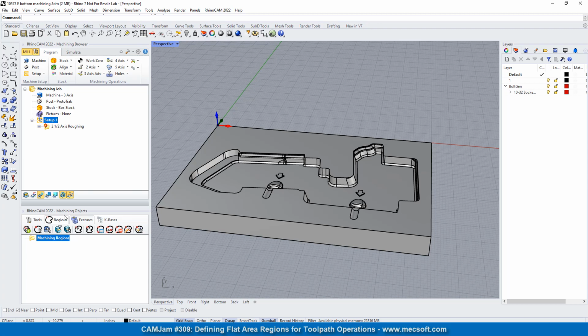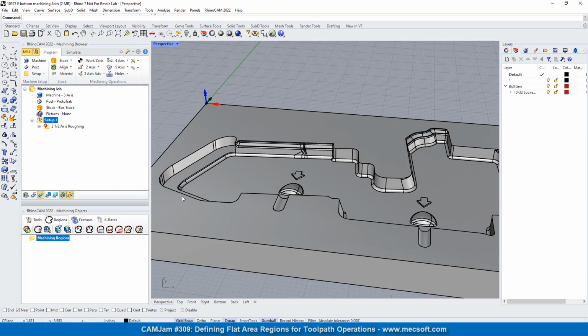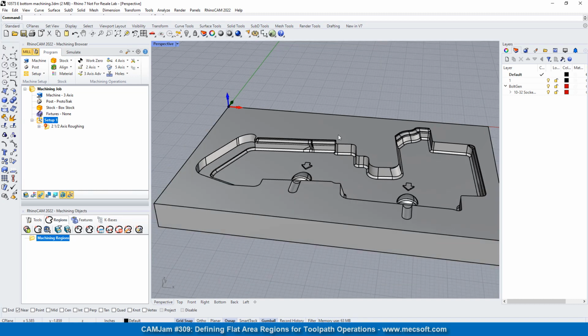Basically, this tab is used so that you can pre-select your regions and then use those pre-selections in an operation. It makes it a lot easier to select geometry. For this 2.5 axis roughing operation, we want to contain the operation to the cavity itself. So we want to select the perimeter of the cavity as the control geometry to contain this 2.5 axis roughing